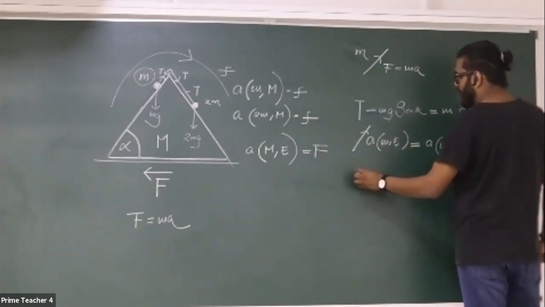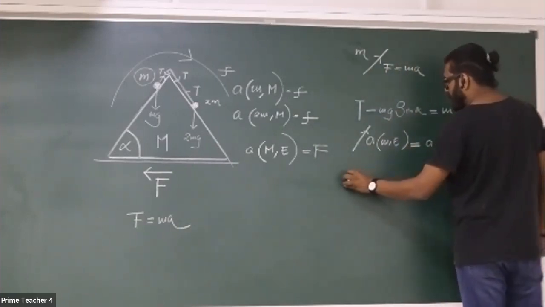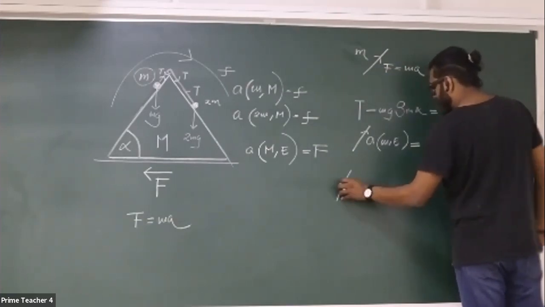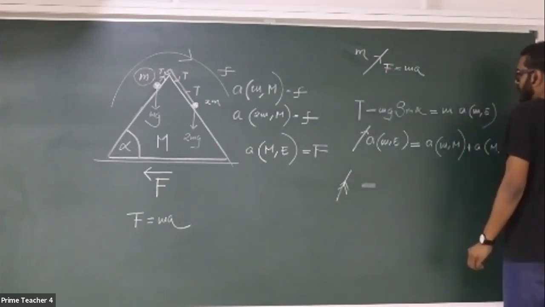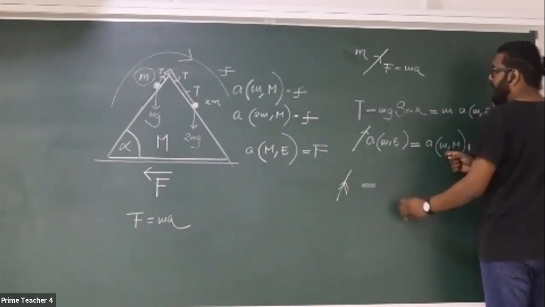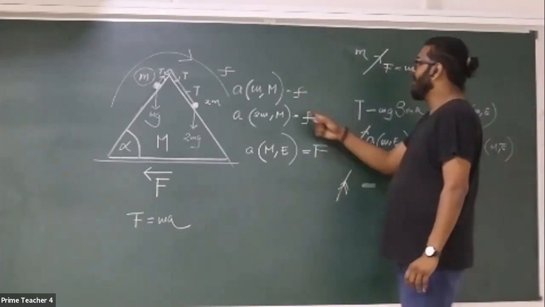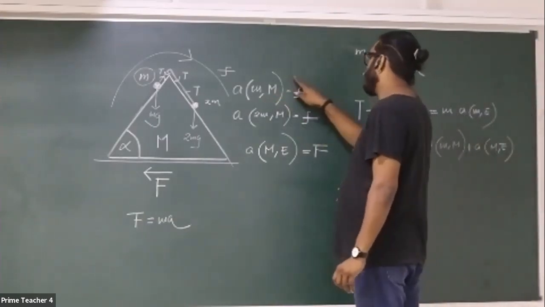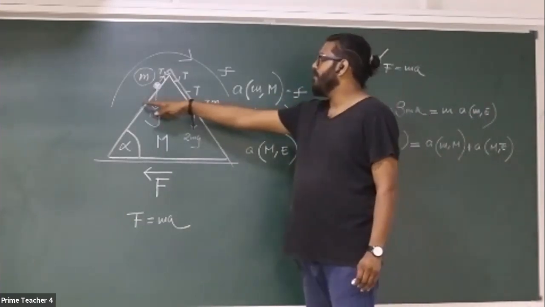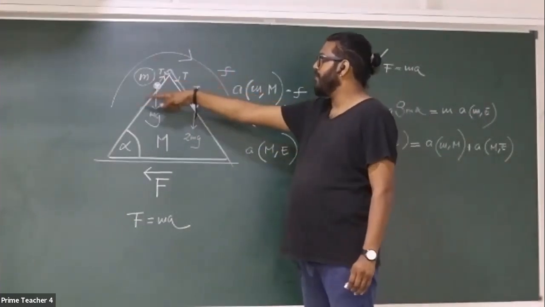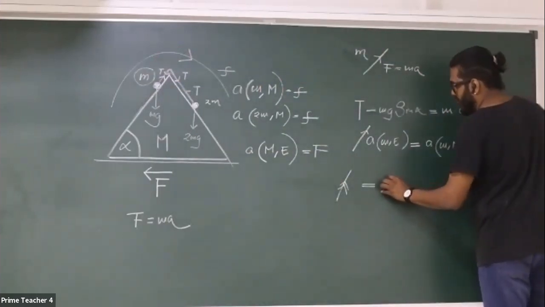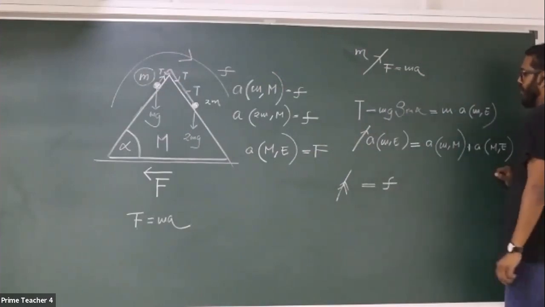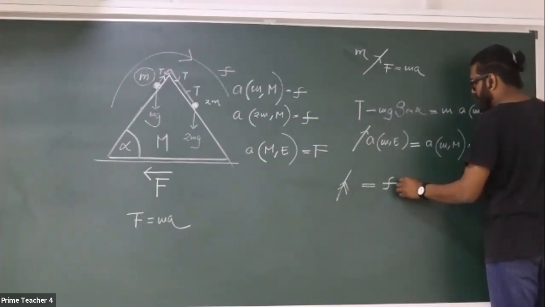This is the one we need to find, but the direction is specified. So this is the resultant that we are looking at. Acceleration of m relative to the wedge is predefined, you can see the magnitude is f, and we have taken it in that particular direction that we are expecting, right? So it is simply f plus